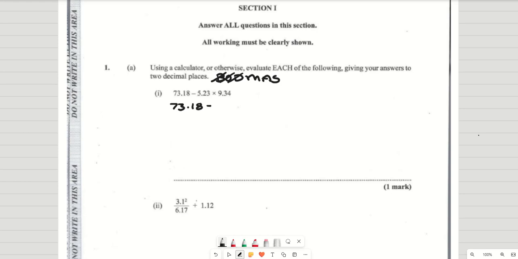So this question will be 73.18 minus, open bracket, 5.23 multiplied by 9.34. What I wrote here is what you could write in your calculator and you'll get your final answer. If you put this in your calculator exactly like how I have it, 73.18 minus, open bracket, 5.23 multiplied by 9.34, close bracket, when you press equal, you are going to get an answer of